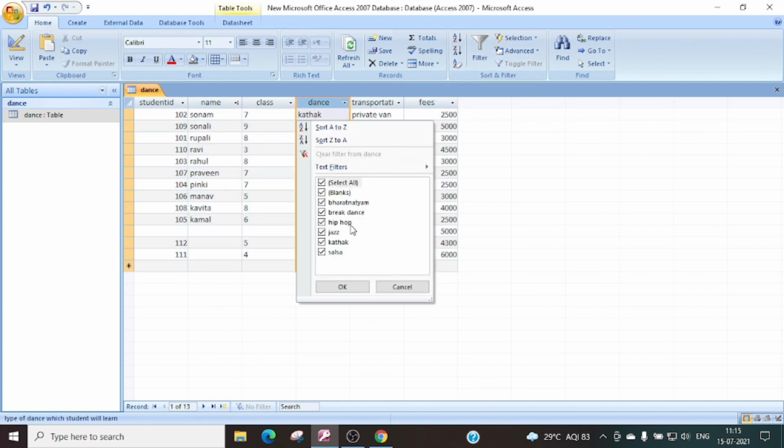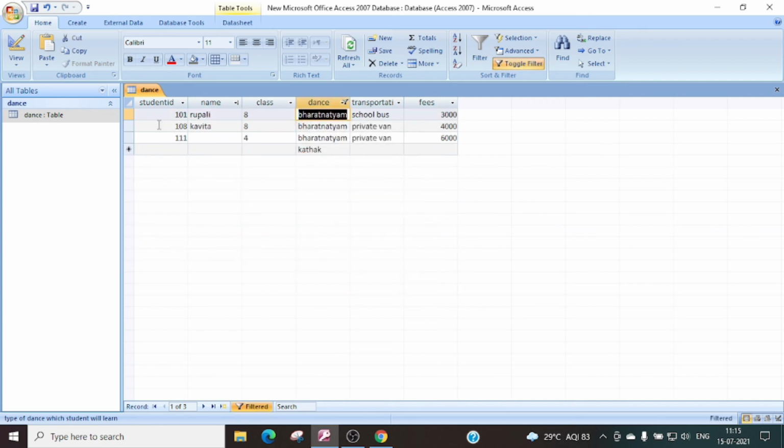Now if I want to see all the records having dance Bharatnatyam, then I will select only Bharatnatyam from here and press OK. Then only those records will be filtered, and from the database I will get only values which belong to Bharatnatyam dance. So this is the filter feature of MS Access.